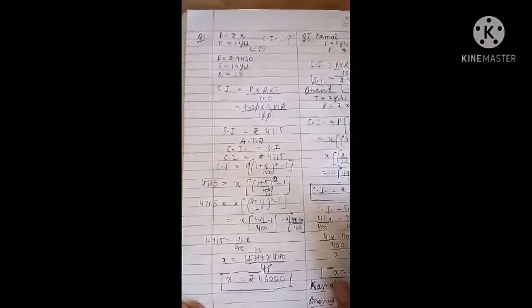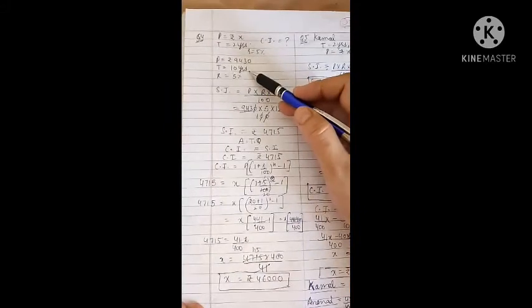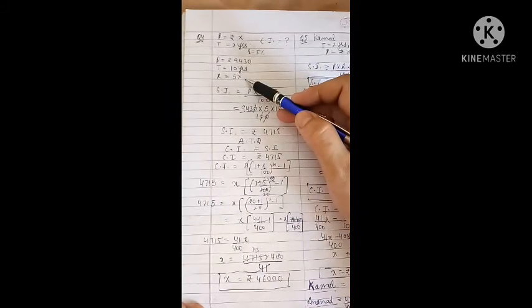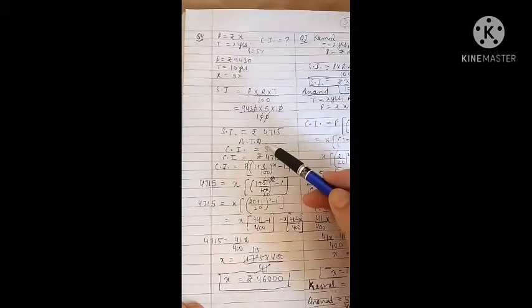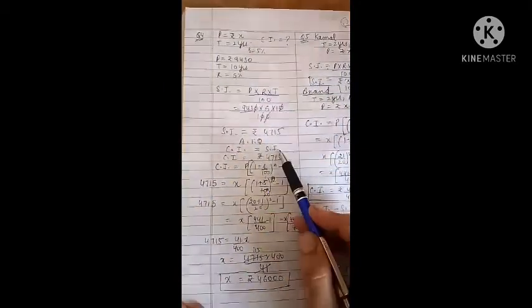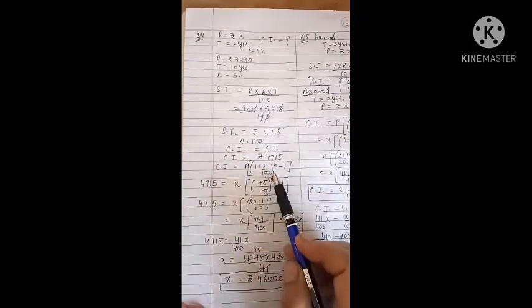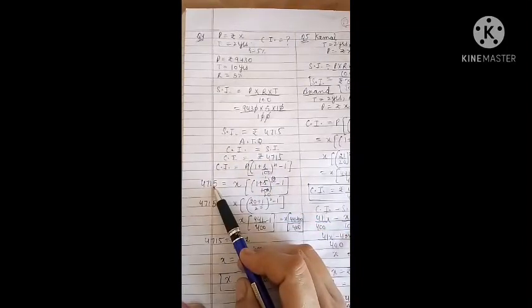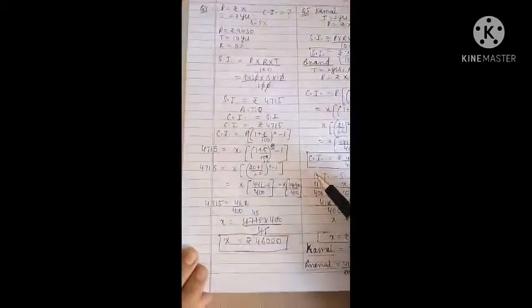Now in question number 4, they ask you on what sum of money will compound interest payable annually for 2 years be same as simple interest on rupees 9,430 at 10 years at 5% per annum. So here first of all we will calculate the interest. After finding the interest, in the question it is given the compound interest and the simple interest are equal. We will equate them, and then compound interest formula we can apply, and here you can put the value of compound interest, and principal we will take as x, and then after solving it